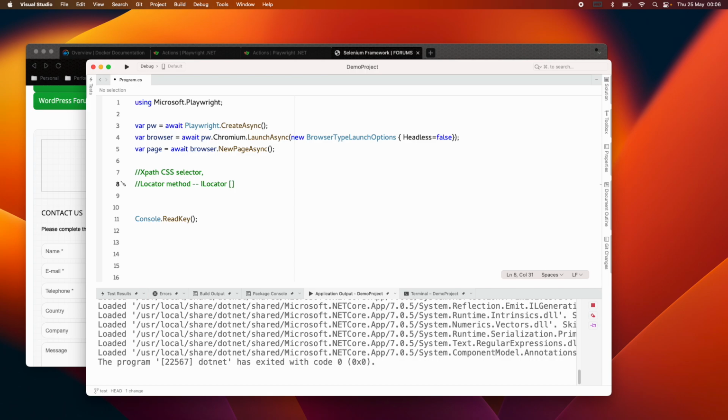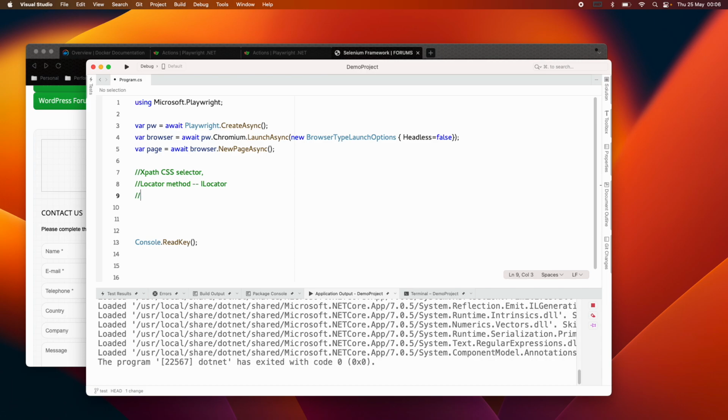In Selenium, the return type is WebElement. There is a find element method, which returns us a WebElement. Similarly, there is a locator method in Playwright. We can use that locator method to get an ILocator, and using the ILocator we can perform different actions on this element. And another way is, if I don't want to use this locator method,